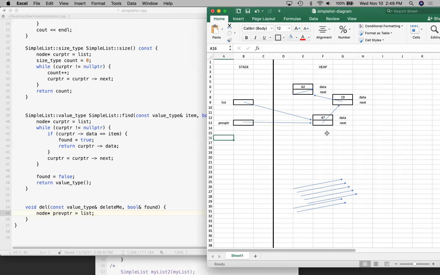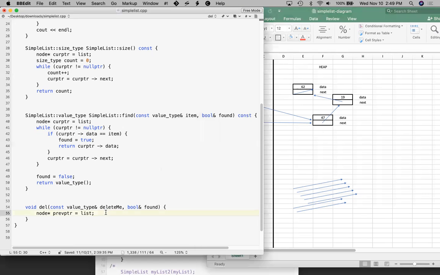Because it's going to be pointing to the node before the node that I'm actually looking at. Okay, and then I'm going to create a while loop now that is just going to keep moving down the list until one of two things happens. I'm going to keep moving down the list until either I find what I'm looking for or I reach the end of the list. Okay, so while